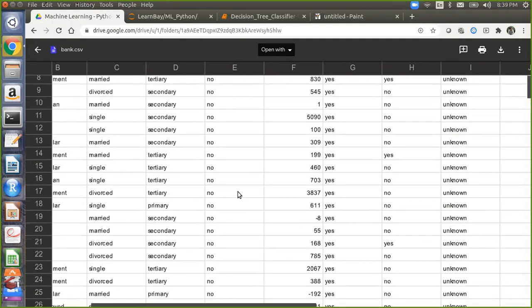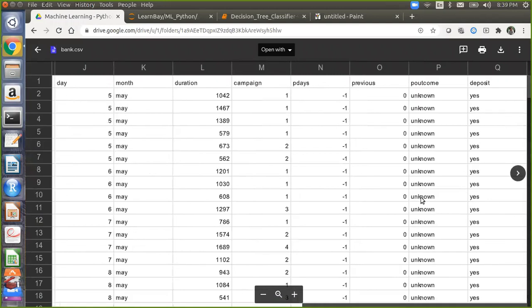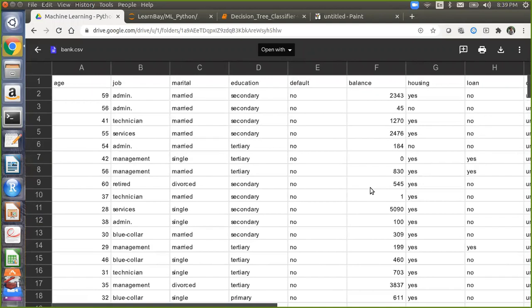So no or yes. Basically, this is a bank which has some data available, where they want to find out the probability that for your next month or next to next month you will be defaulting on your home loan EMI, or you will be able to pay your home loan EMI. So they have taken past data and generated this Excel sheet where default is no or yes. So you will default or you will not default.